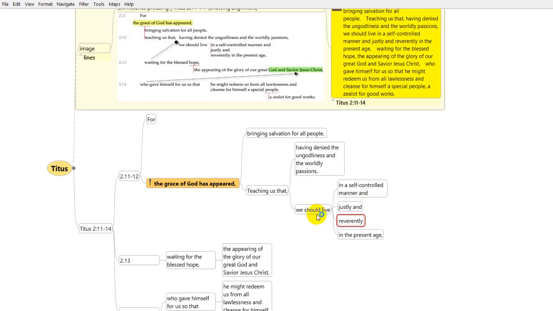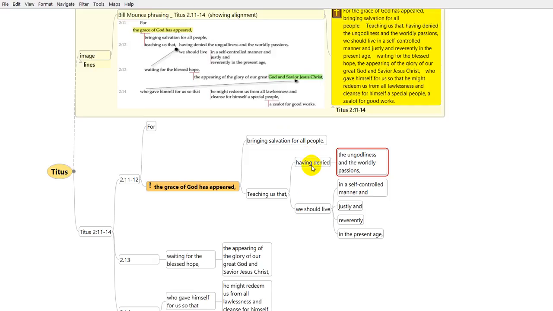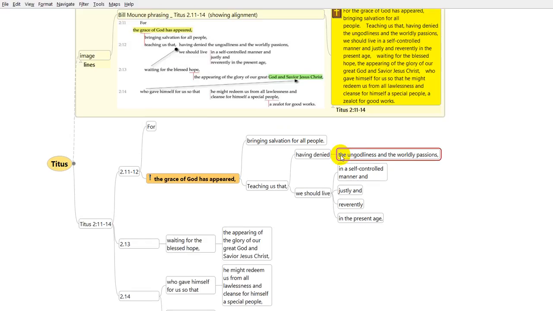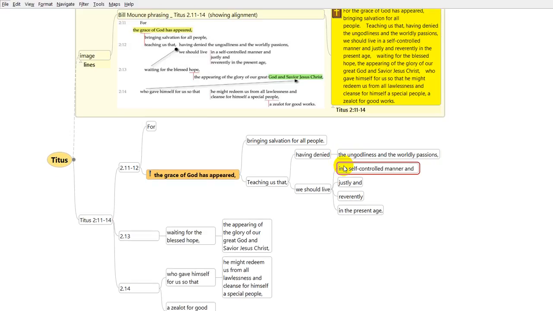And because we should live, that's related to having been denied. I'm going to split off that as well to make that parallelism more clear. And I'm resizing that. And the reason I left off in the present age,